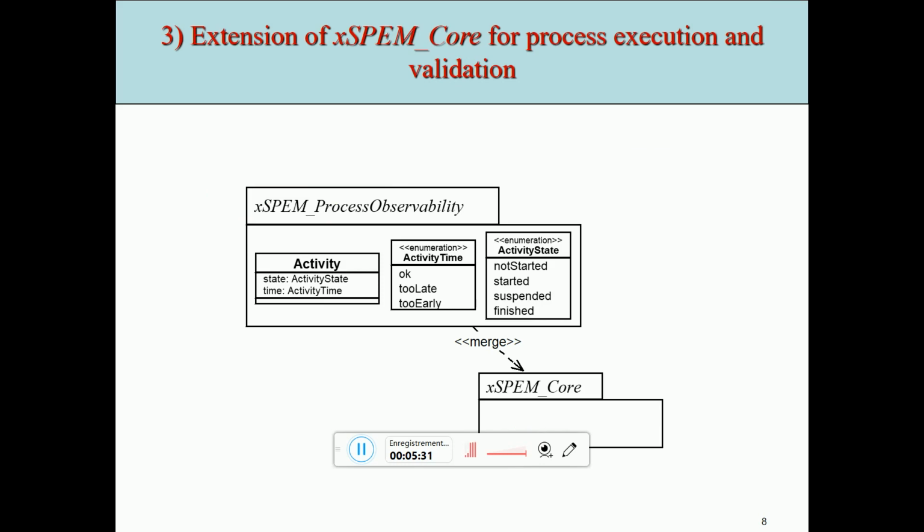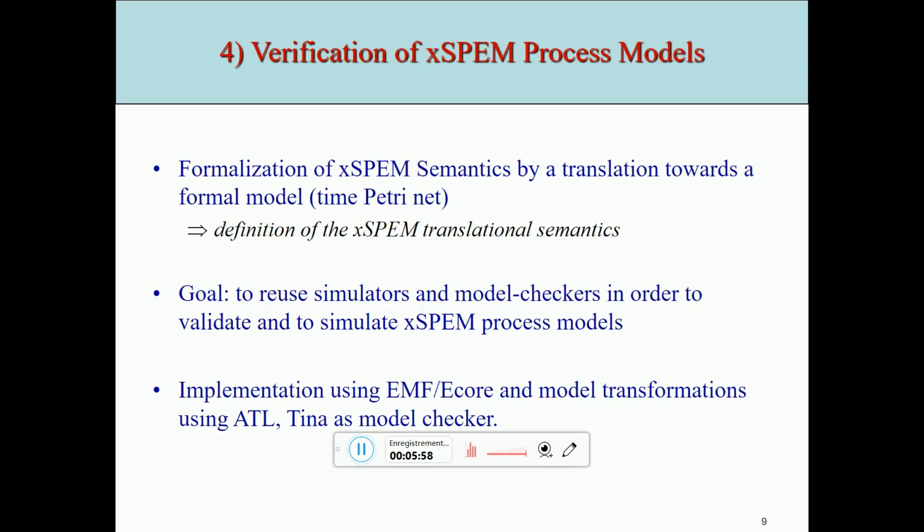So this is a very short example of how we extended the notion of activity in order to add some attributes about the state of the activity, about its importance in the process, about how to monitor the activity, how to start its execution, to stop it, and so on. And we did the same actually for all the process elements in order to allow a complete execution monitoring of this element during the process execution.